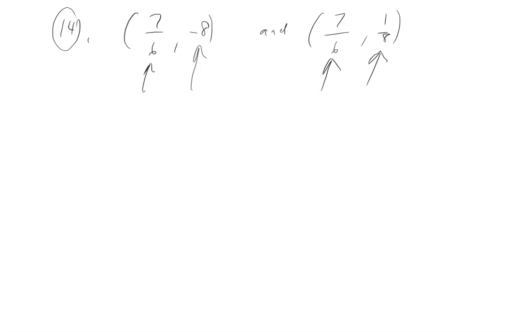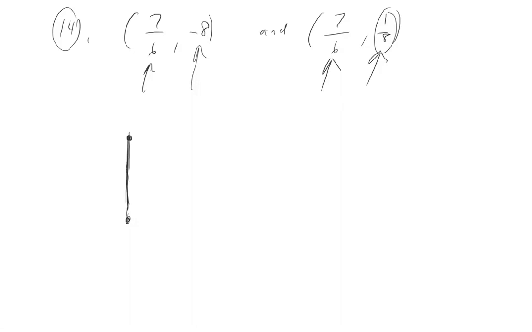but the y values are not both the same. That means that this line, when you plot the x value of 7/6 right there, then your y value is going to be at -8, right? So it's going to be actually down low, right? So it's like down there. Then when you plot this second point, your x value is going to be 7/6 again. So it's going to be in the same place horizontally. But vertically, it's going to be at 1/8. So it'll be right above the x-axis, right? So it's going to be going straight up